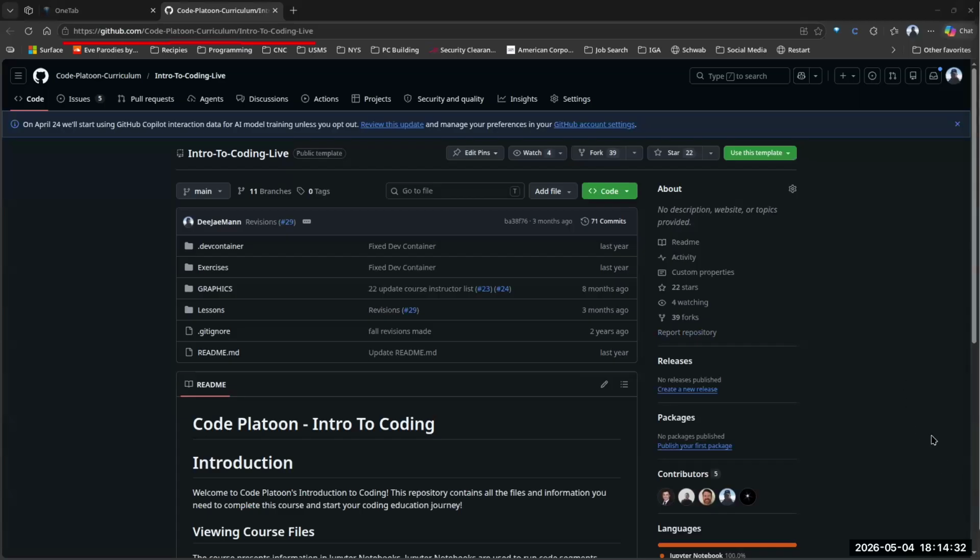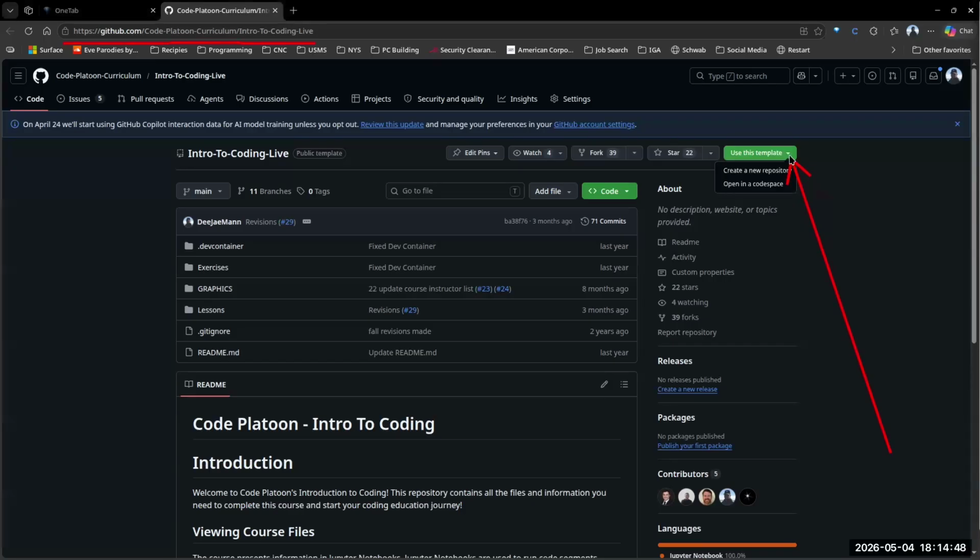What we're looking for, and mine is in dark mode. If yours is in light mode, don't worry about that. That's just cosmetics. But what we're looking for is this green button, and it's green in both dark mode and light mode, that says use this template. When we click that,